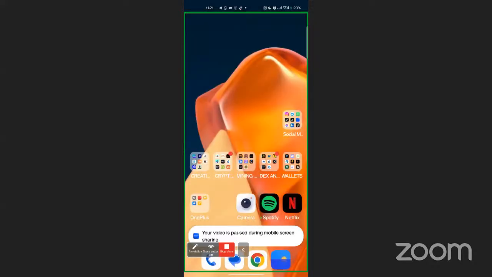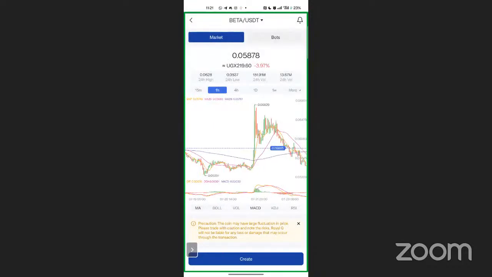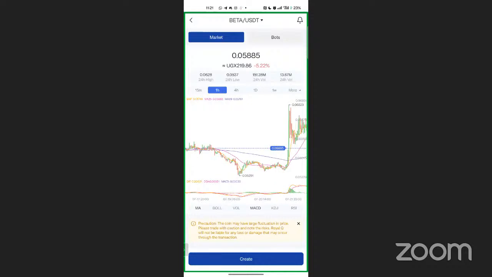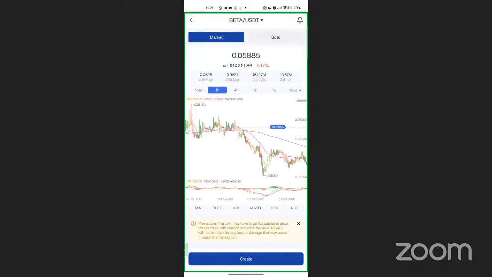My question is, what of a rainbow cross? A rainbow is not a cross. I've talked about the rainbow before. Let me see if I can find a rainbow. A rainbow is when these come together at once. If the market has been up, they come together here, and you see the 99, 25 and 7 crossing over. This is called a rainbow. When they split, the market will go down.